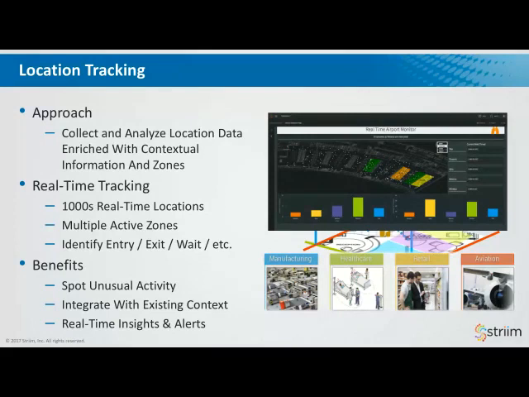One question I like to ask people is, what have airports and hospitals got in common? And the answer is problems with wheelchairs. Not knowing where essential equipment like a wheelchair is all the time can delay planes and can delay patient treatment in hospitals. So being able to monitor these things in real time is also essential. Location tracking, I think we're going to see a lot more of this type of application as real-time analytics and processing really start to pick up steam.